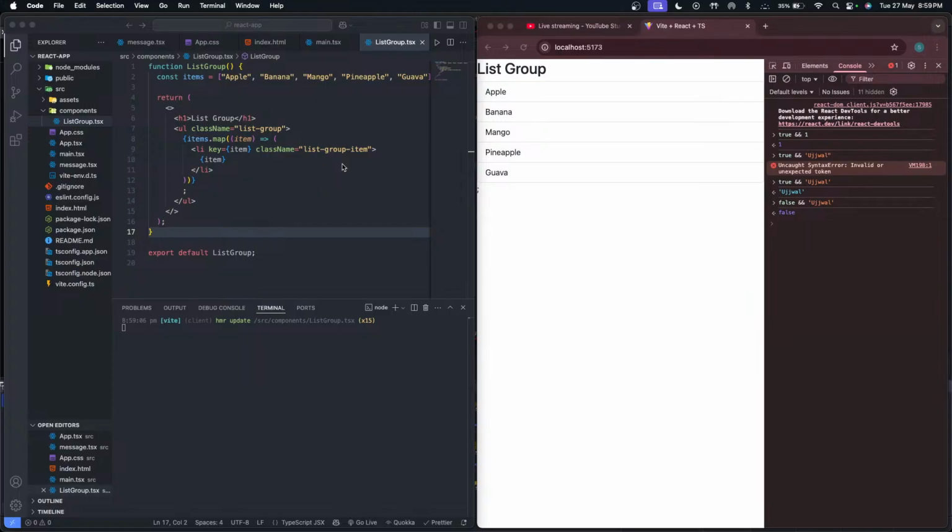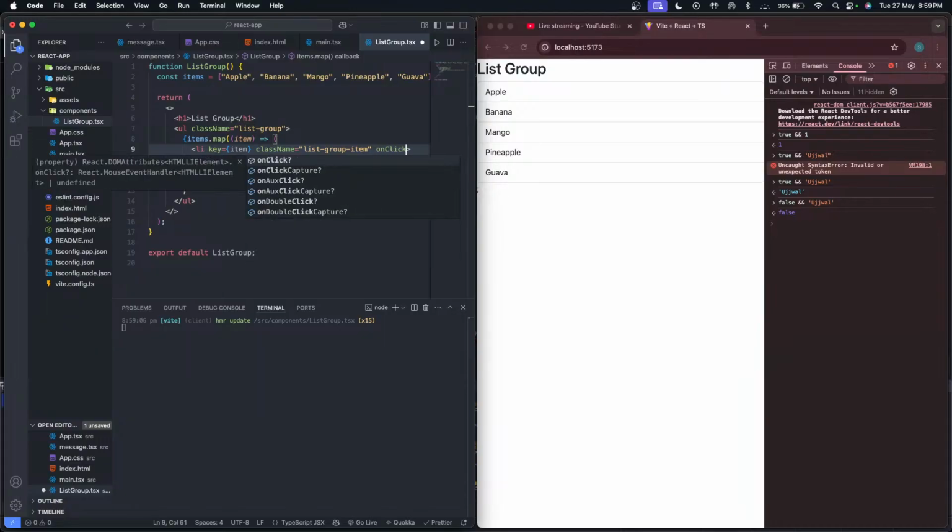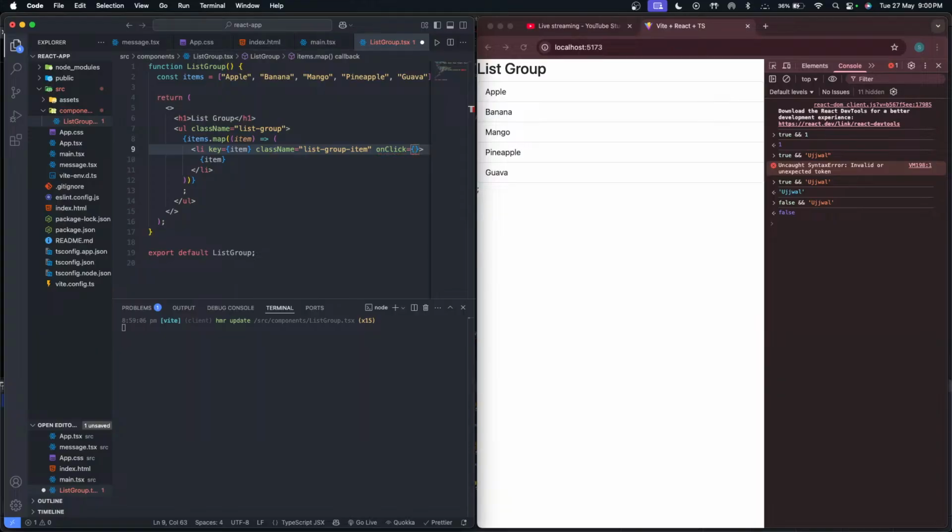Now we want to be able to click on each item and see it on the console. In React, each item has a property of onClick. So we had a property of key to give each item a unique key. Similarly, we have a property called onClick, and this onClick has to have curly braces, because inside this we use an arrow function. Arrow functions are nothing but a function with no input parameters. All right. So we give an arrow function,